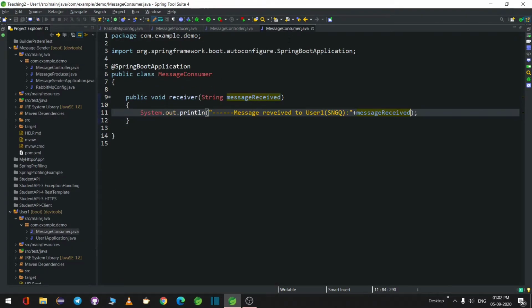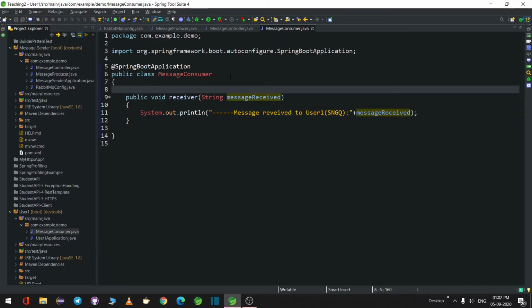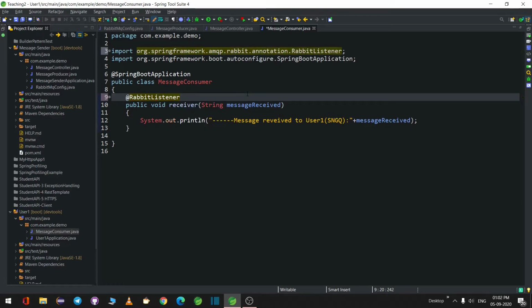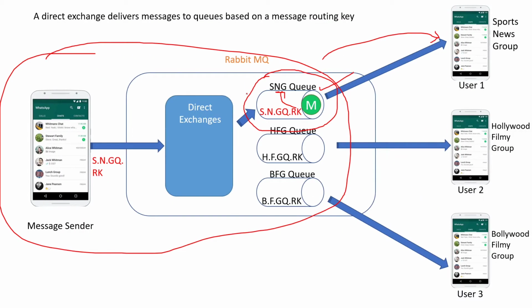In the consumer there is one more annotation which says I'm listening to this particular queue from RabbitMQ. For that, what you have to do is add a rabbit listener. What is the queue we have decided to use for user 1?